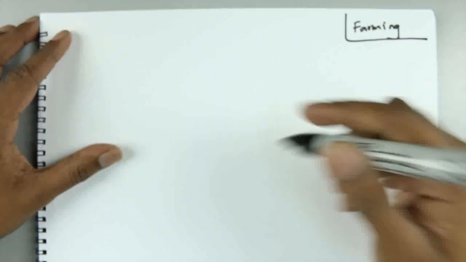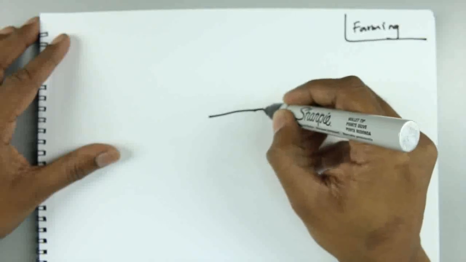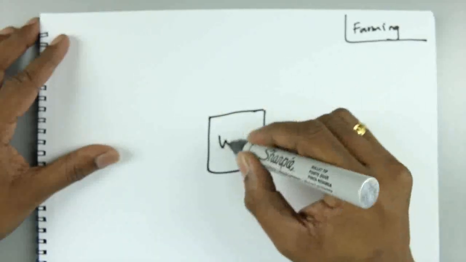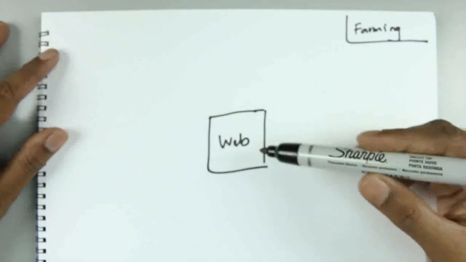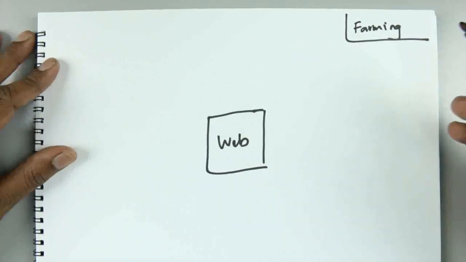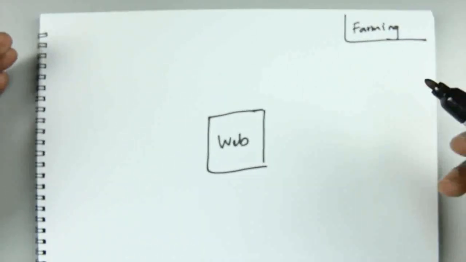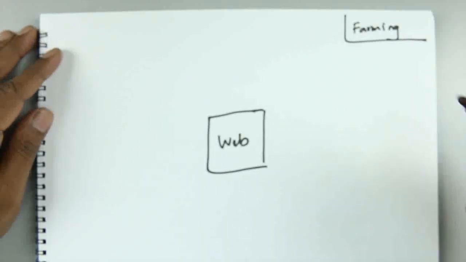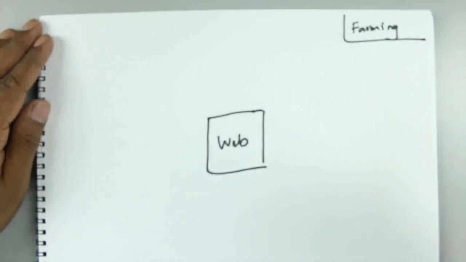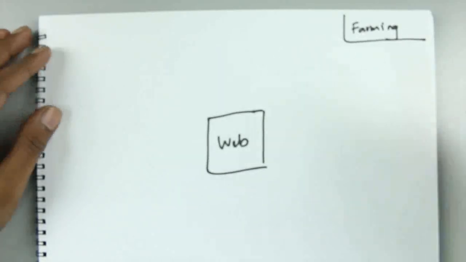With the farming method, basically you would need a website. Think of it as your base or your village. Your website is the center of your universe. With the farming method, just like in the game, you start off with nothing. It requires a lot of patience, but if you do it well, it can pay off very well for you. It takes time and you need patience, and you also need, for lack of a better word, faith that all your hard work will pay off in the future.